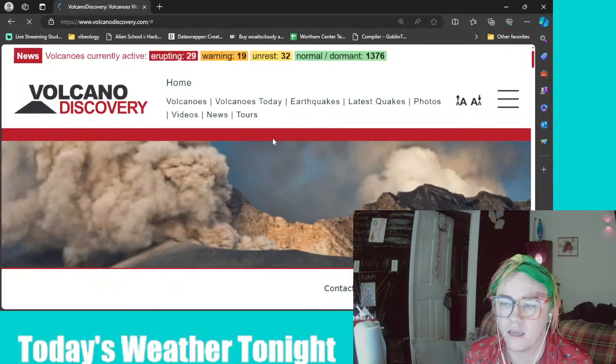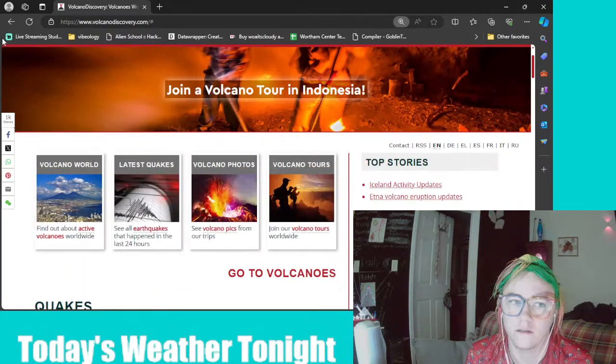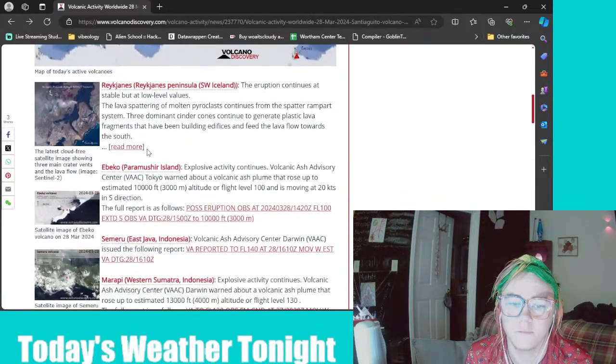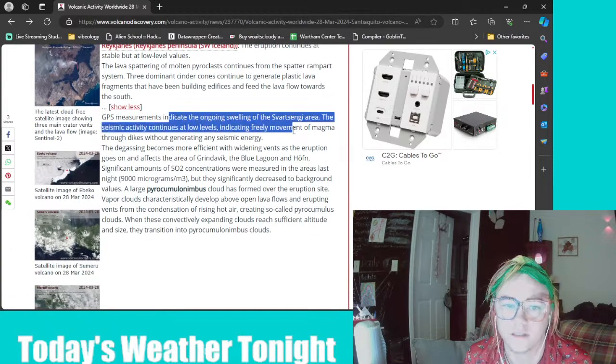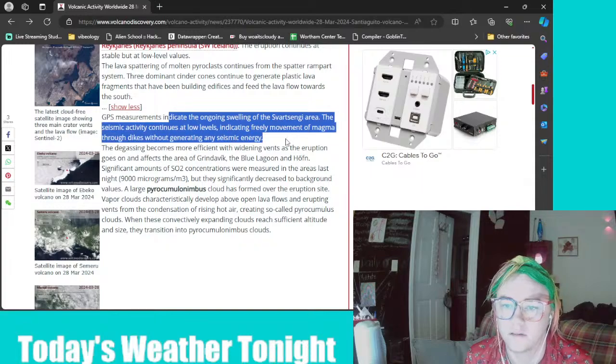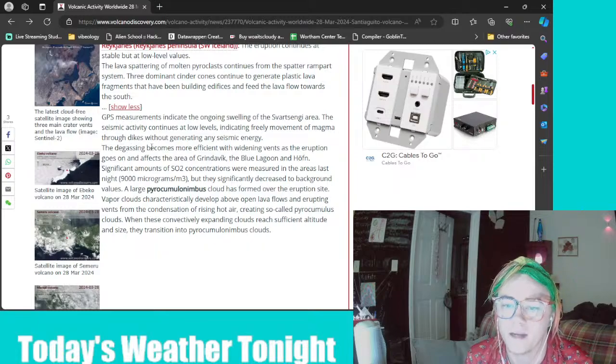There is an update from the Reykjanes Peninsula. Ongoing swelling at the Svartsengi area. Seismic activity continues at low levels, indicating free movement of lava through dikes without generating any seismic activity. So the lava keeps pumping out of the system, and it keeps pumping into the system as well. The degassing becomes more efficient with widening vents as the eruption goes on, and the effects on Grindavik, Blue Lagoon, and